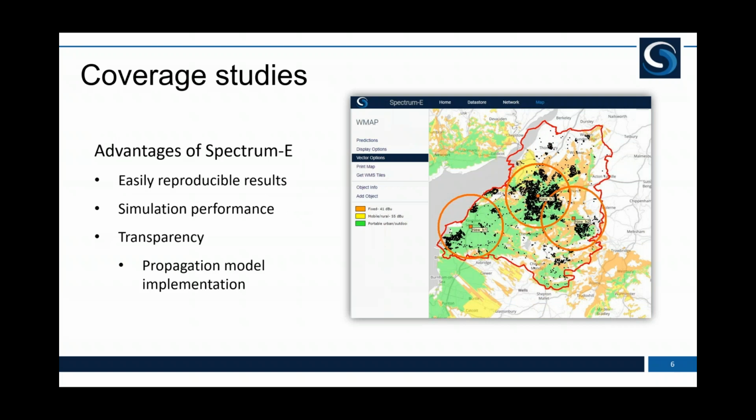We'll look at some of the coverage studies within Spectrum E, and again, the main advantages of Spectrum E: we have an easy way to have reproducible results. Every time you run the calculation, you'll get the same results. The inputs to the propagation models are simple. The simulation performance, we'll touch on that when we get to the demonstration, but we'll see the speed of the calculations, how long it takes to run, and how this makes your team more productive by being able to iterate over different designs quite quickly. And the transparency within the implementation of the propagation models as well. Our next webinar touches on one of the propagation models, the ITU 1812 model, and how that's implemented,